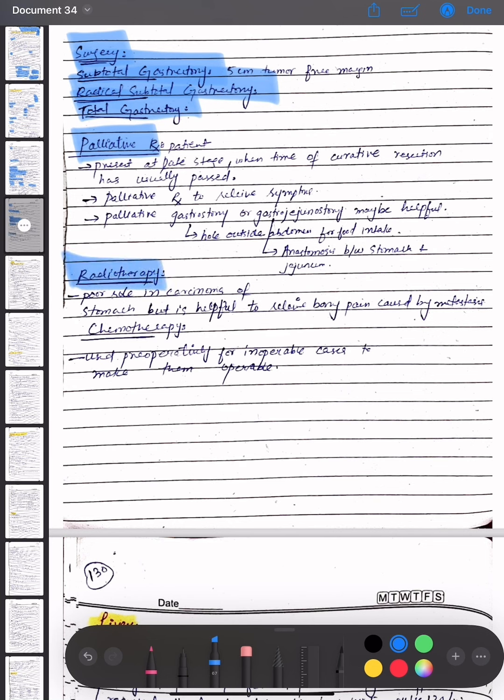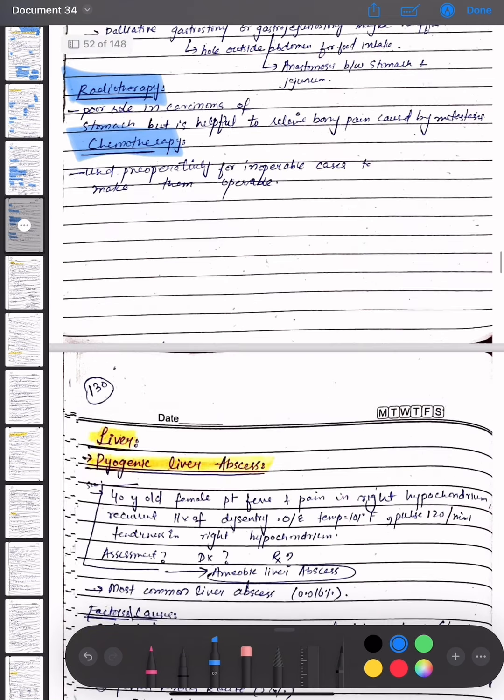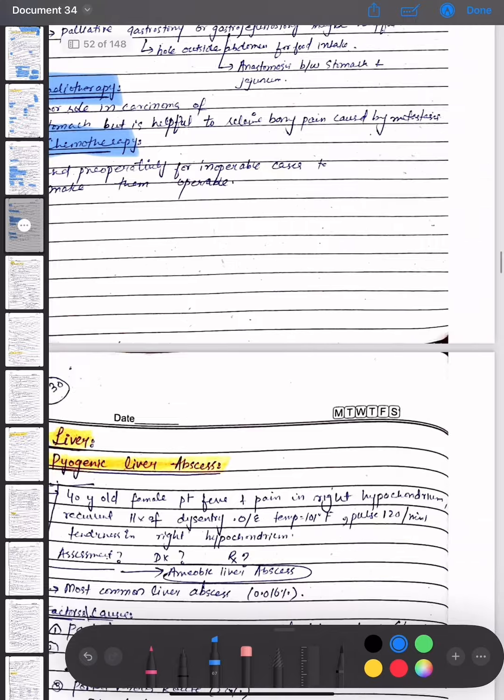Radiotherapy is done. It has a poor role in carcinoma of the stomach but is helpful to relieve bony pain caused by metastasis. Chemotherapy is used preoperatively for inoperable cases to make them operable. So we have discussed the